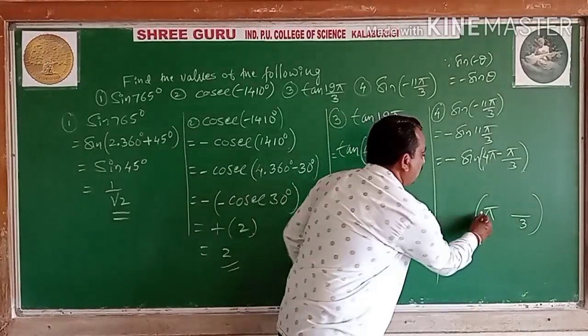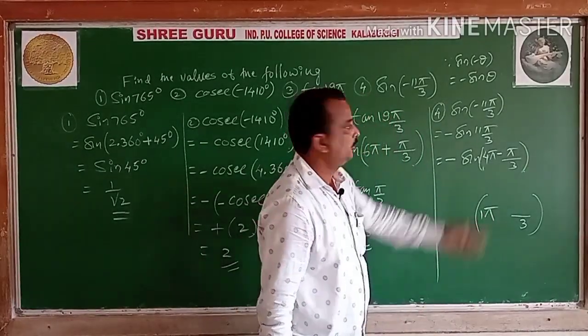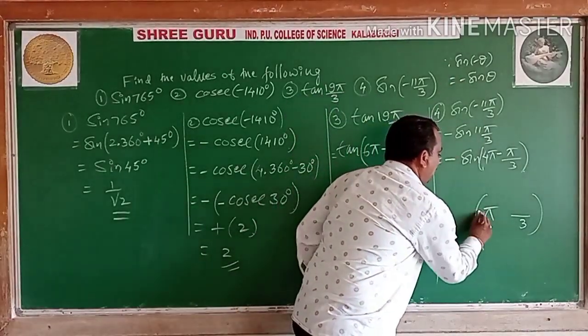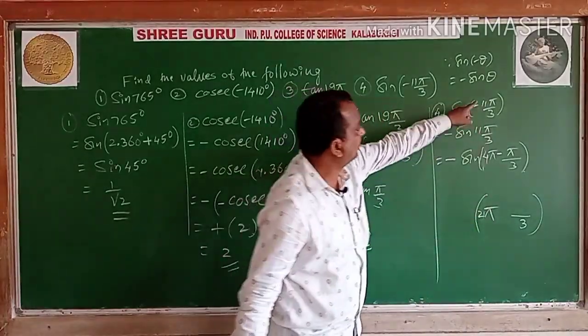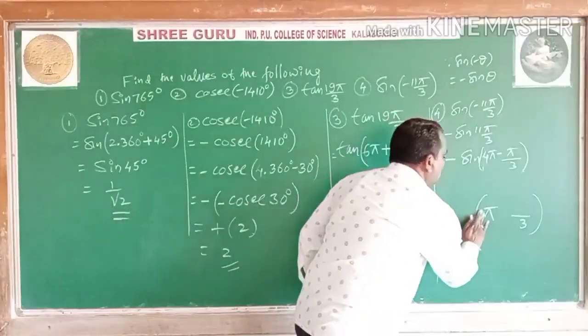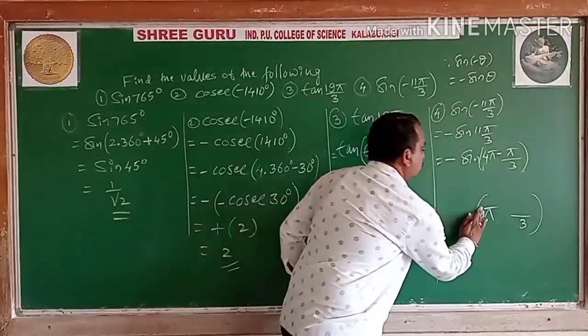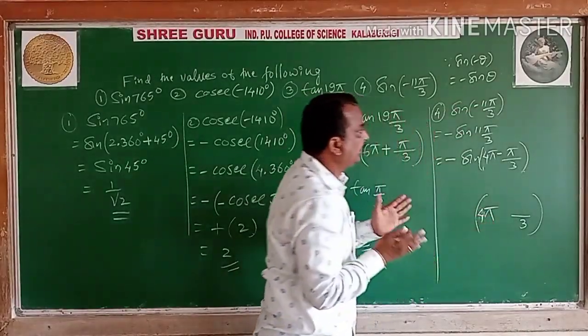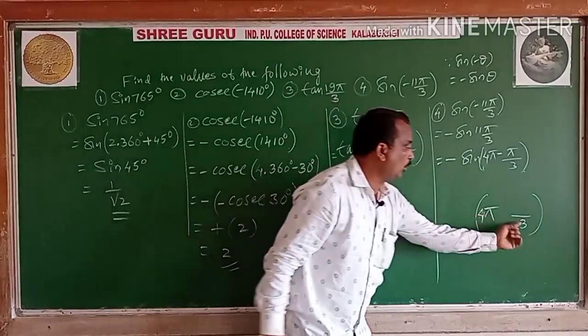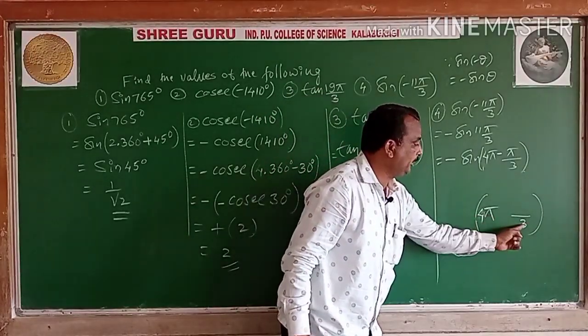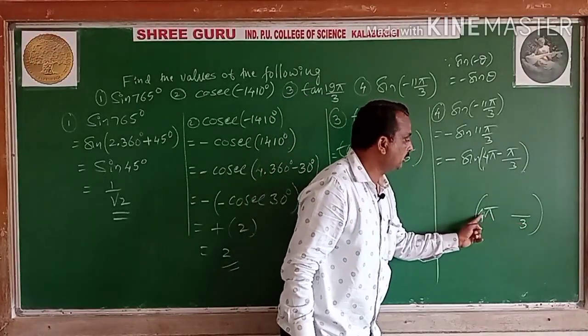Here multiplying with 1, 3 pi it becomes. You want 11 pi by 3. Multiplying with 2, 6 pi, you want 11 pi, it is not possible. Then 3, how much is it? 9 pi, and 11 pi you require here. So then 4, you should take nearer to that one. So 12 pi it is. 4 pi into 3, multiplying here, 12 pi.